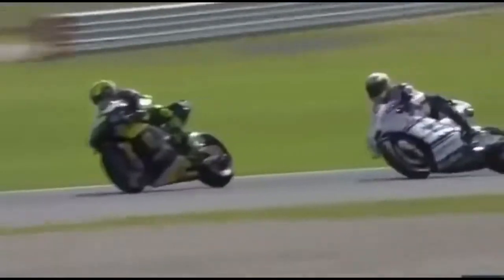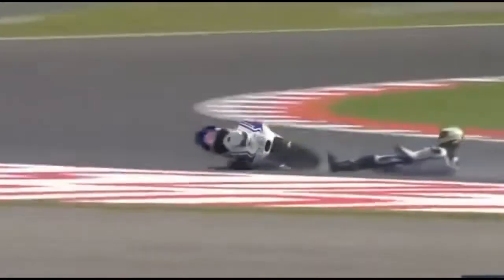I'm sorry, but that was coming. Yeah, sideways going in, loads up the front. There's no way in the world he was going to make that corner, Supermoto champion or not. Left, bottom of the hill. That's the thing, isn't it? That happened to Marc Marquez at turn...